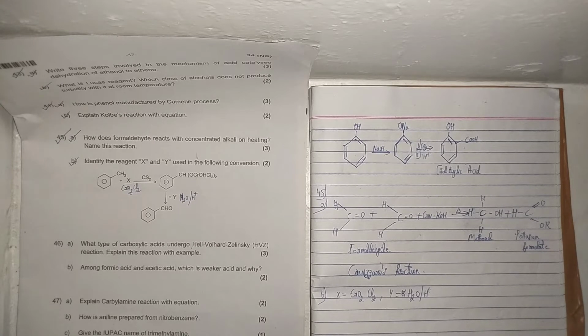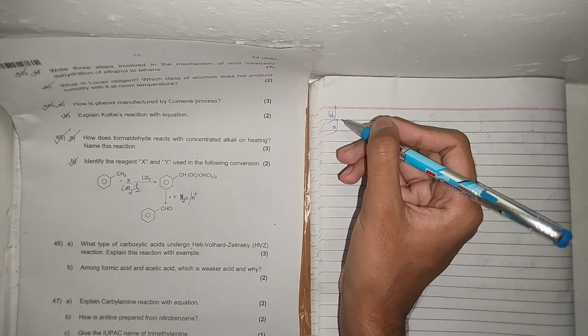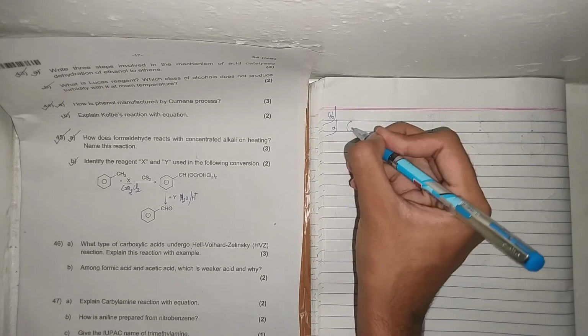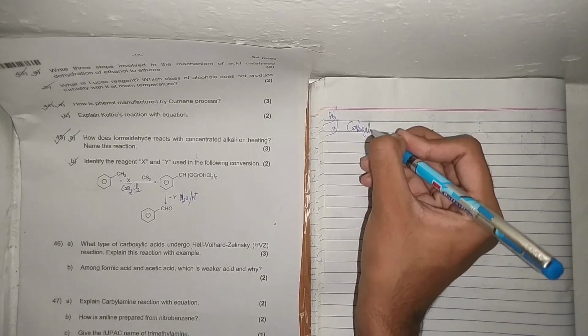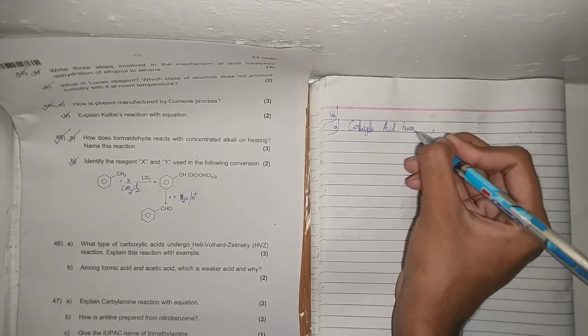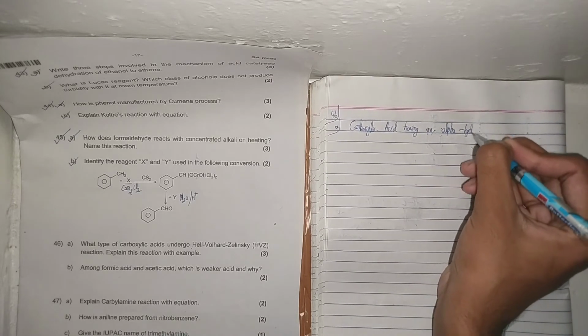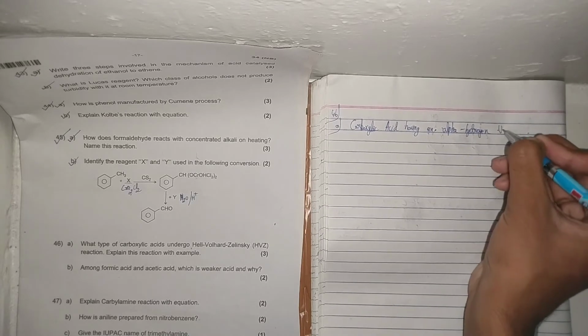So let us see the answer now. For the 46th one, A question. So carboxylic acids which are having an alpha hydrogen undergo